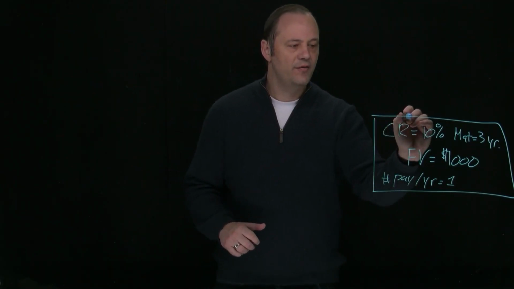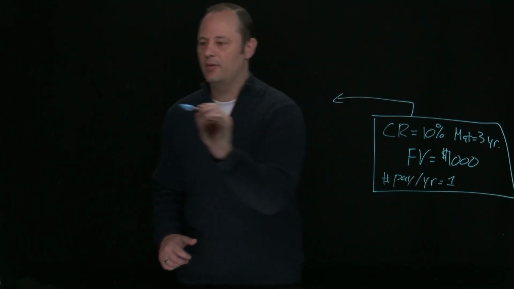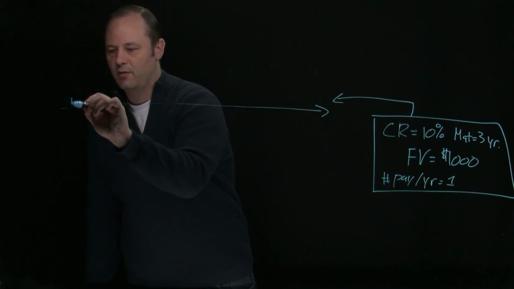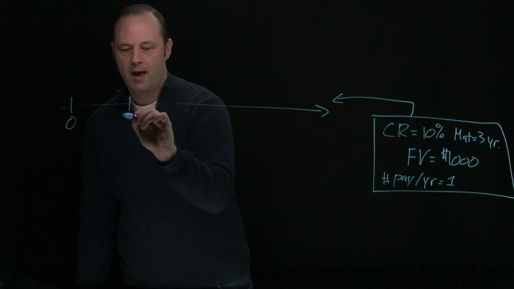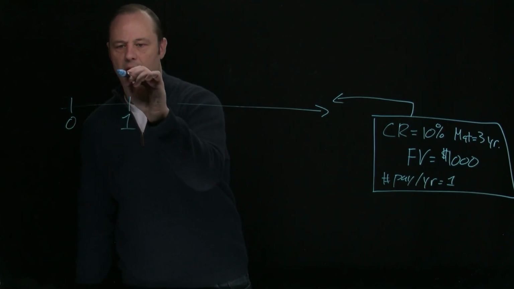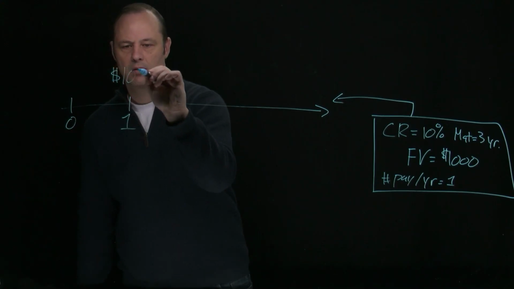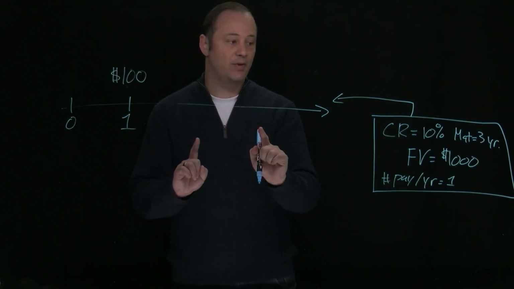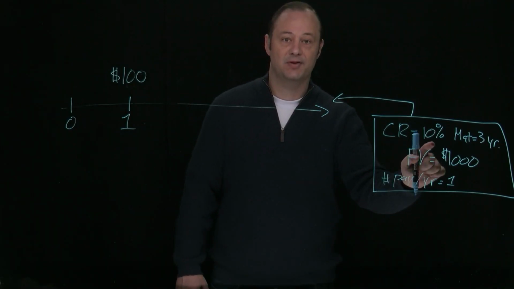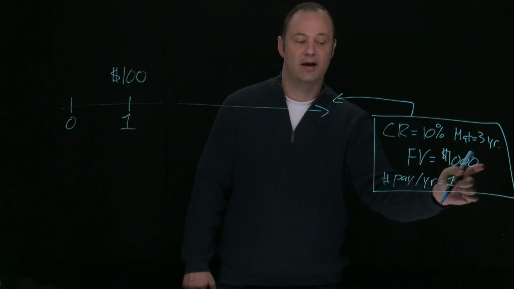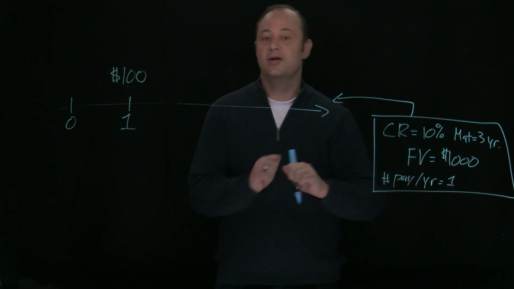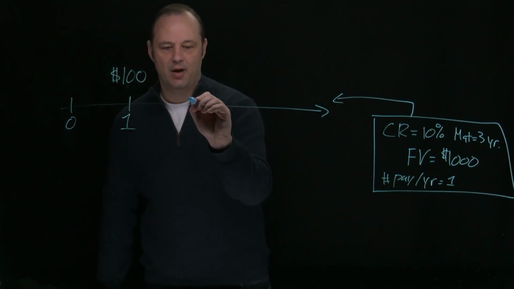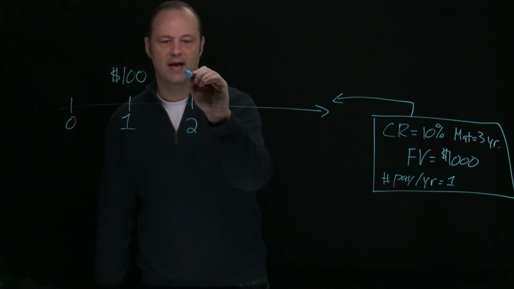Remember we said this bond creates the following stream of cash flows, right? So we're standing at time 0. At time 1, this bond will pay out $100. Remind yourself how we did this. The coupon rate of 10% times the face value of $1,000. It just makes one payment per year, so that's, bam, just $100 per year. That same $100 will arrive at time 2.